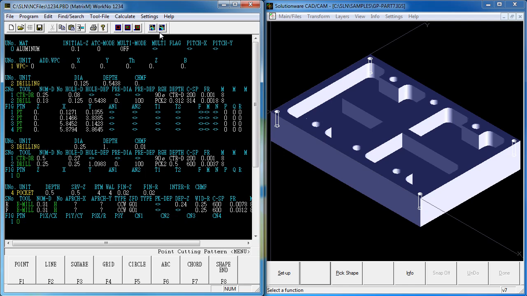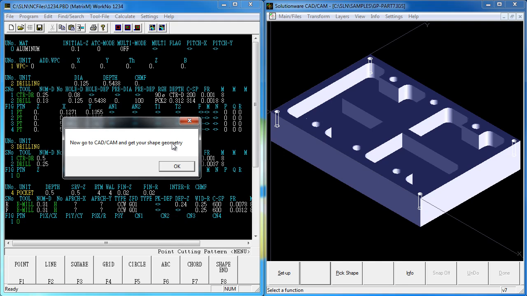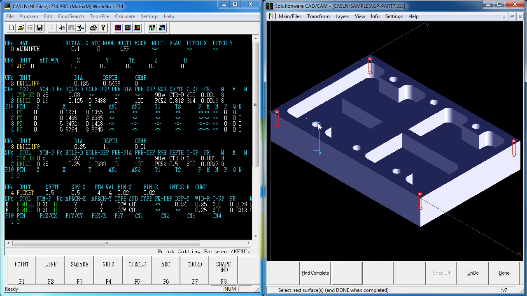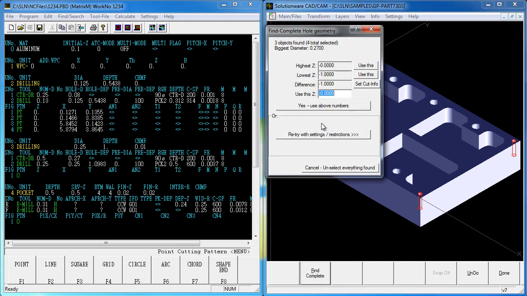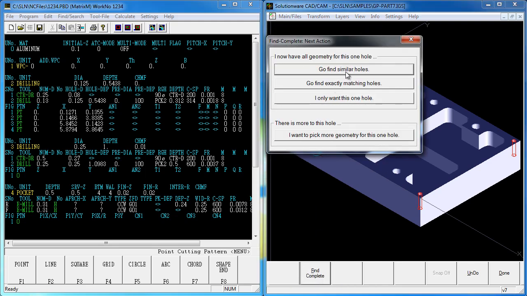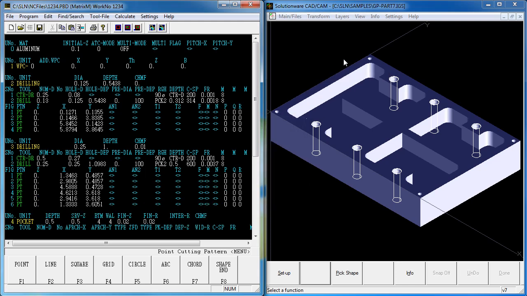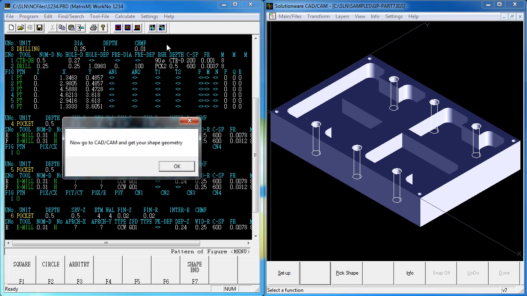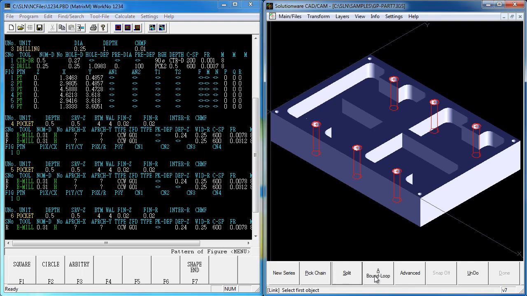With the MazaCam Import CAD feature, you don't have to learn a whole new CAD/CAM system to program your parts. You're already familiar with Mazatrol programming, and this new feature allows you to just import the shape. The interface has been designed to allow for easy use while maintaining the look and feel that you are already familiar with.